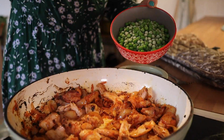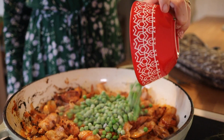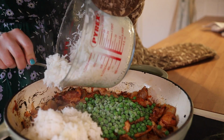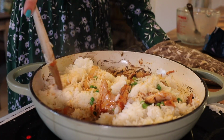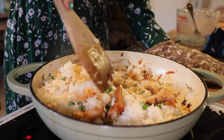Anyway, I've added my carrots and cooked the carrots with the chicken until the chicken is fully cooked. Next thing you're going to do is put the whole dish on the hob. You're going to top it up with olive oil if it needs it. You're going to chuck in your frozen peas and chuck into the pan your cooked rice. Top it up with sriracha sauce, maybe a little bit of salt if you need it, I doubt though, and